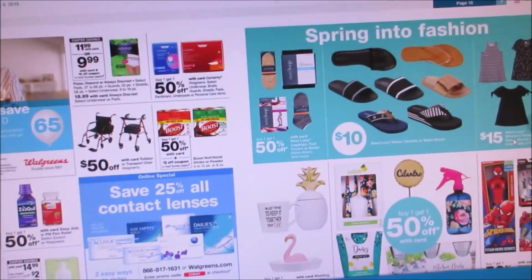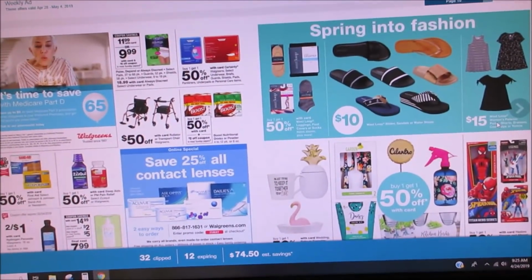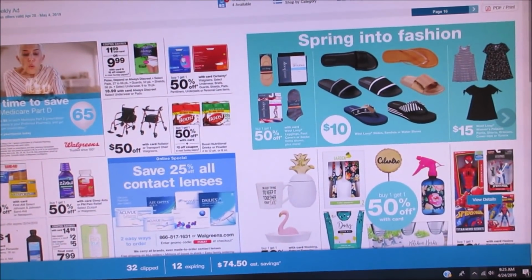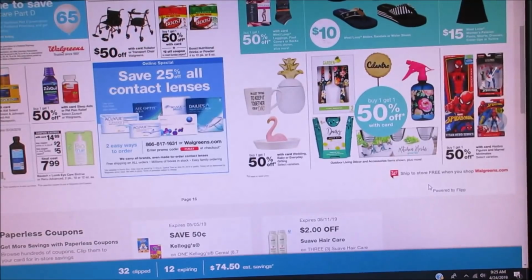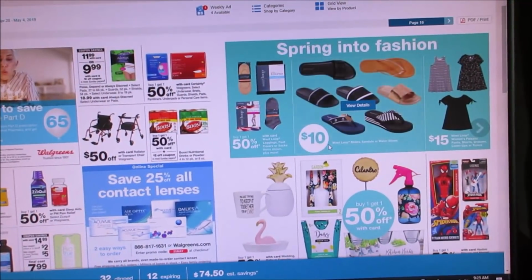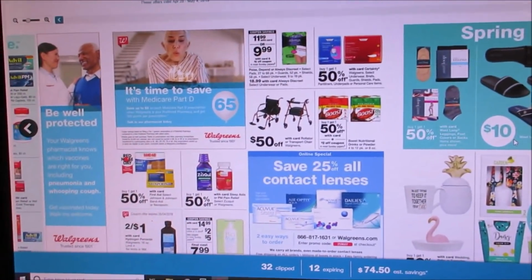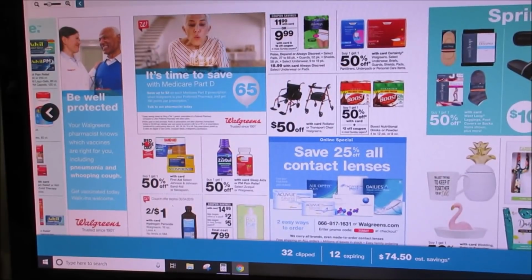They do their ads a little bit different than the actual ads, but they got some toys. Sorry, you guys can't see this. They got some toys, buy one, get one 50% off, and then they got their summer stuff too. So just wanted to share with you guys on that in case you need to stock up, but there might be some special deals for us that might pop up later, but I just wanted to share with you guys